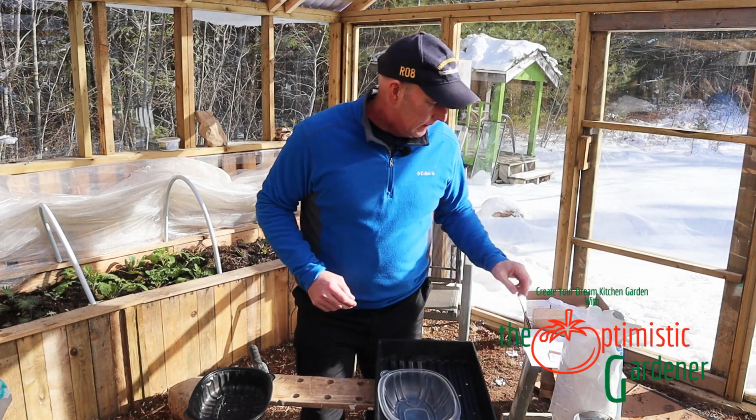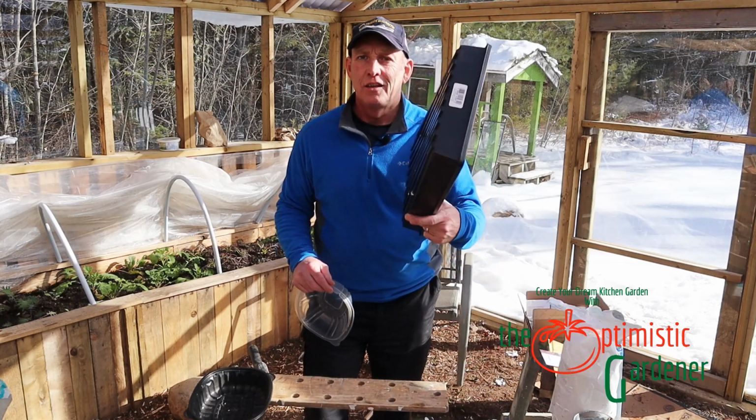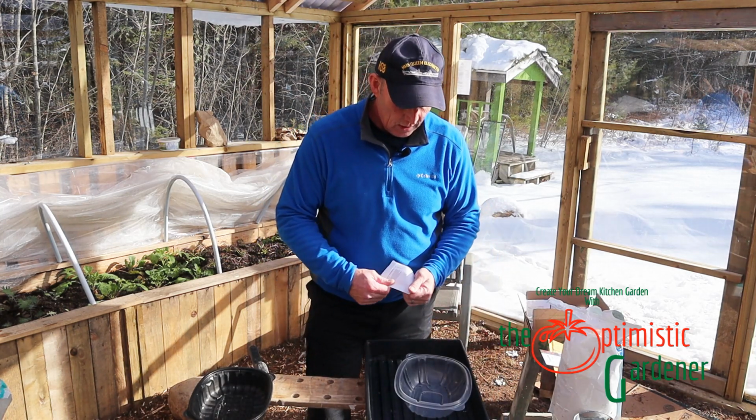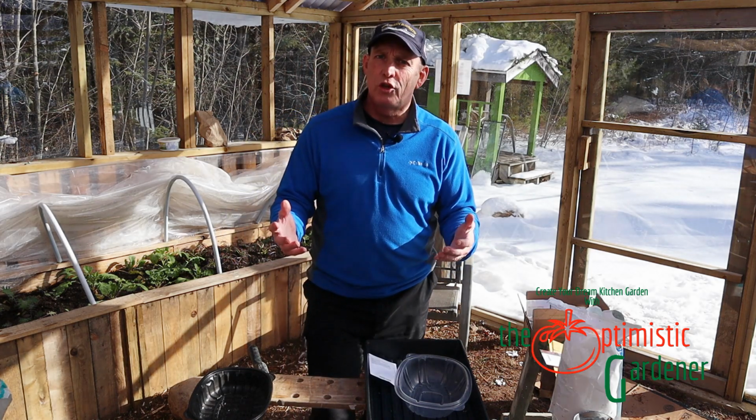So you've got your seeds, you've cleaned your trays etc. Now we want to think about soil and what sort of soil you're going to use